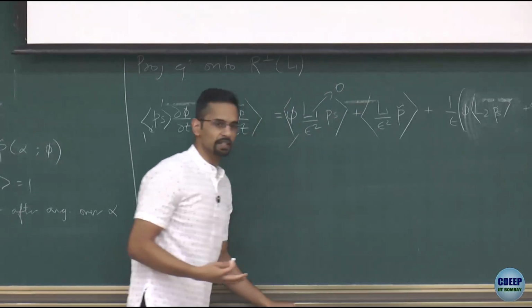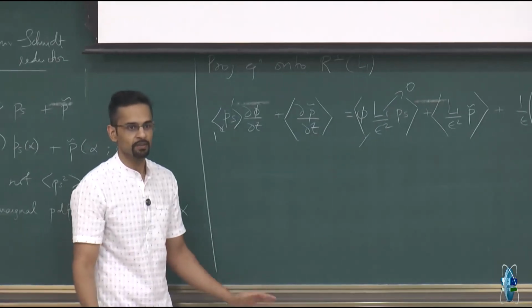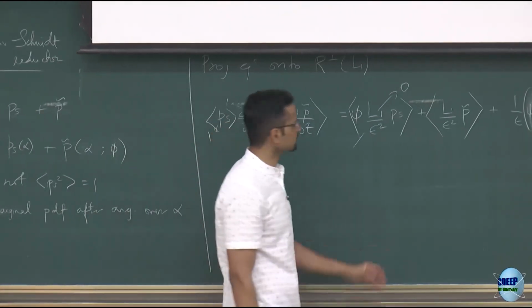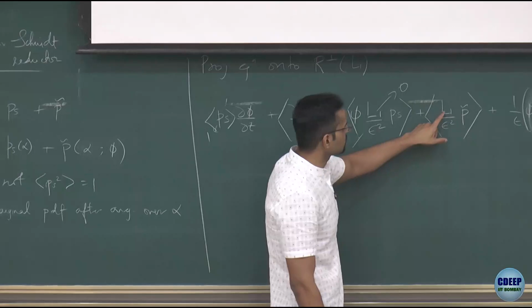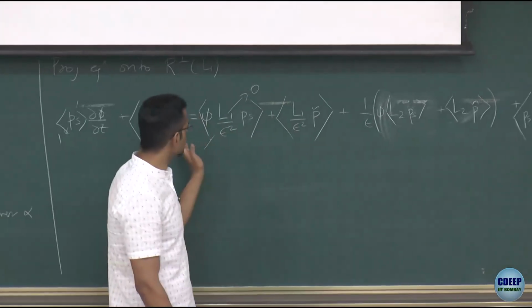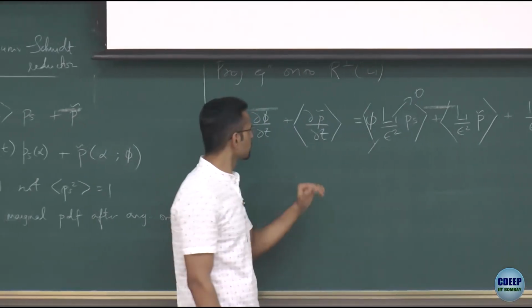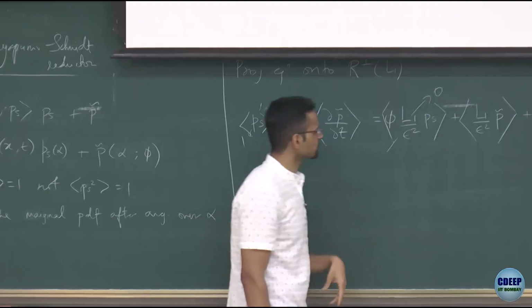So the whole point of projecting is to get rid of the alpha direction, right? So that has to disappear somehow. Otherwise, what we did doesn't make sense. So this guy went off. Now this is the other operator in alpha, right? Everything else is operating in x. So it's basically become an equation in x and time, apart from this fellow.